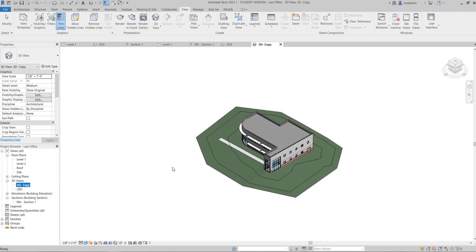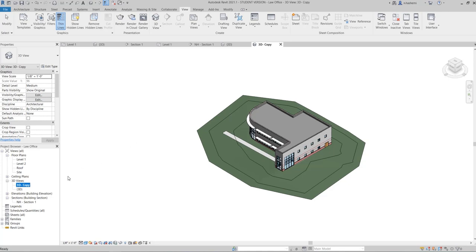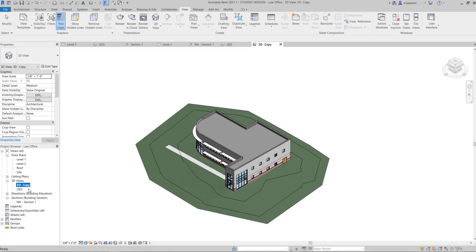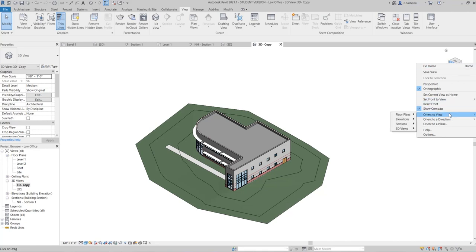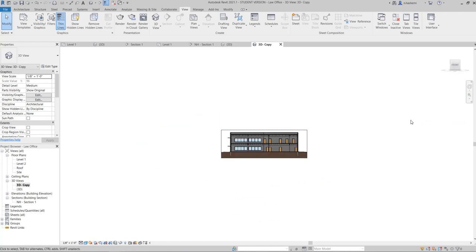Now, why do we do this? Well, we want to change this view, so we want to have our original view as well. Okay, we want to keep it. So just duplicate it, and then we are going to make changes to this view. Now I want you to right-click on your view cube, and then go to Orient to View, and then Section. And here is the section that I created, Section 1. Just click. What it has done is that it took that 3D view and oriented it toward the section that we just created.